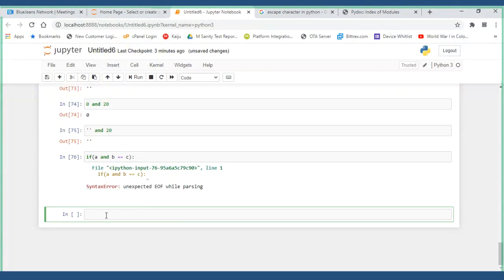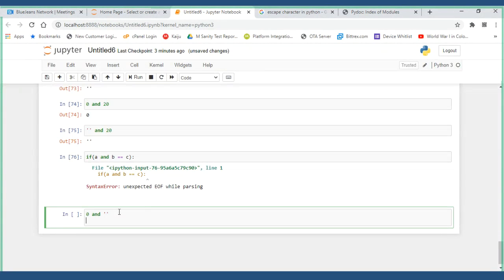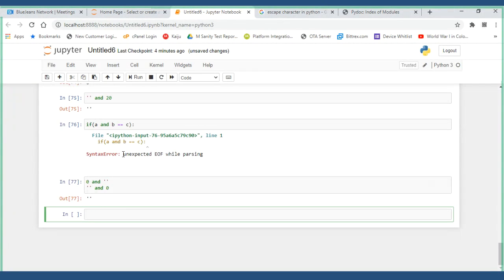But what you have to remember is, whatever operator you are using, if the left side A is 0 or an empty string, when you are using the AND operator, the right side, whether it is a single quote thing, we can even compare like this also. See what is happening.